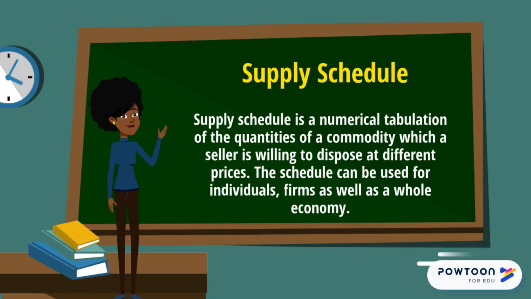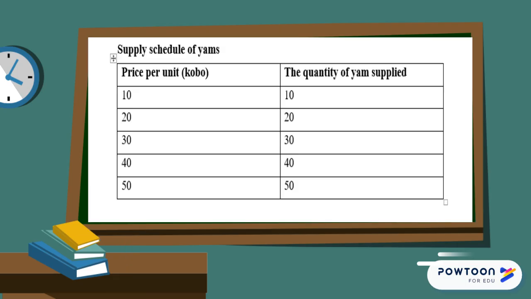Now let's discuss the supply schedule. A supply schedule is a numerical tabulation of the quantities of a commodity which a seller is willing to dispose of at different prices. The schedule can be used for individuals, firms, as well as a whole economy. Look at the table of supply schedule of yams. The left-hand side is the price per unit, while the right-hand side is the quantity of yam supplied. If you look at this table, when the price is 10, the quantity of yam supplied